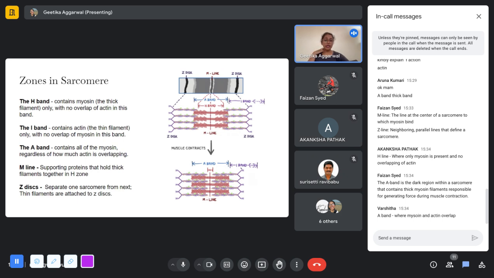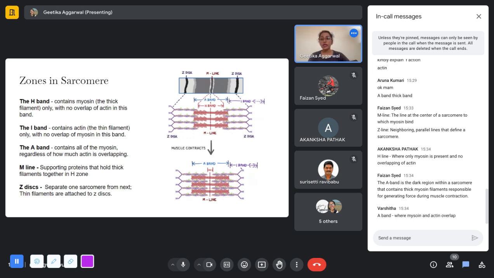And you can see here in the diagram, when a muscle contracts, nothing happens to the length of the A band, but it is the H band that decreases in length because the actins move closer. So the A band would still remain the same because it is all that is covered by the myosin. Does not matter whether it's overlapped or not, but the area that does not have any overlap with actin, that is what gets decreased in length when a muscle basically contracts.